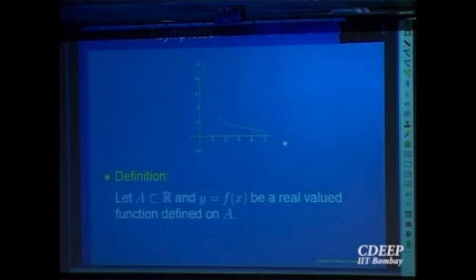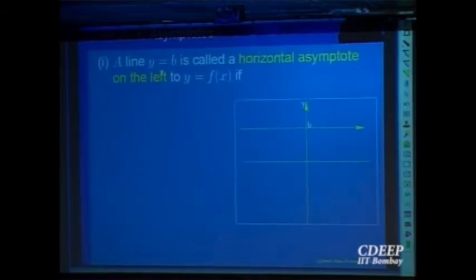As x goes to something, y goes to something. So let us write: y equal to f(x) is a function, and we say the line y equal to b. So this is the line y equal to b, like the x-axis for 1 over x. The function comes closer to that line, but is not meeting that line essentially, right? But one should not say it's not meeting. We want to say that the distance between the line and the function becomes smaller and smaller. It is coming closer and closer. Okay, so that is by saying that x goes to infinity.